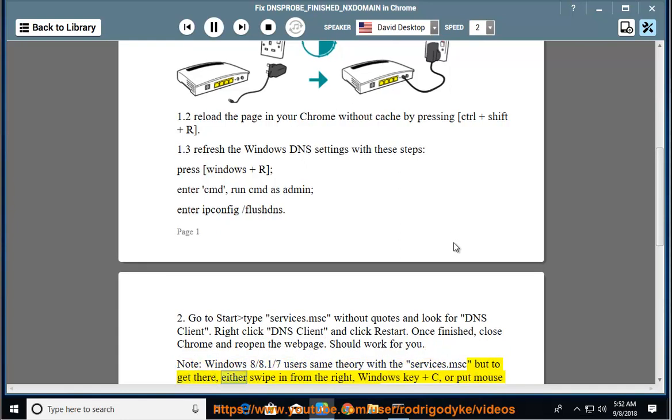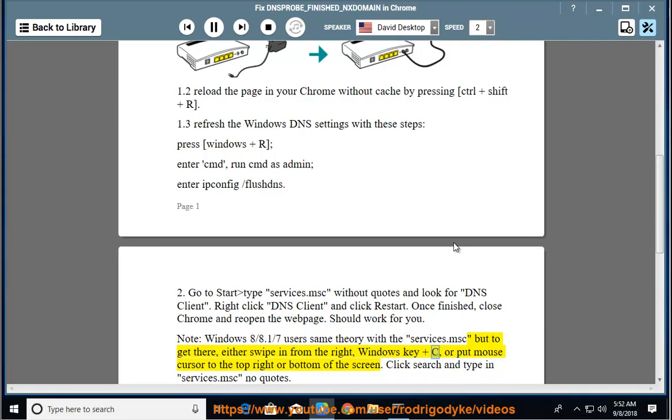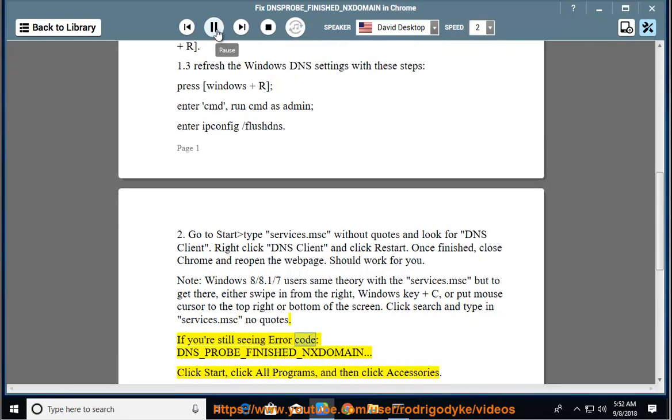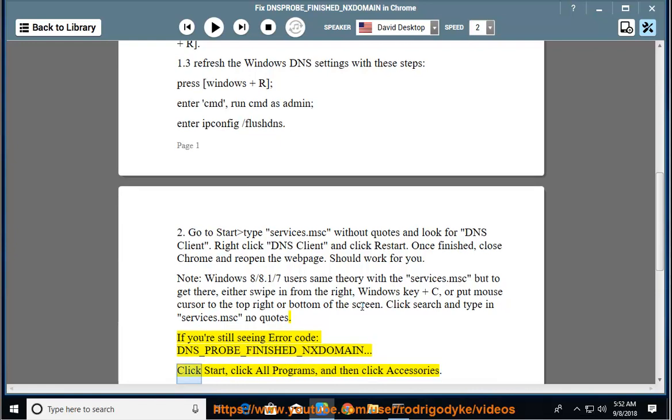But to get there, either swipe in from the right, press Windows key and C, or put the mouse cursor to the top right or bottom right of the screen. Click search and type in services.msc, no quotes. If you're still seeing the error code DNS_probe_finished_nxdomain,